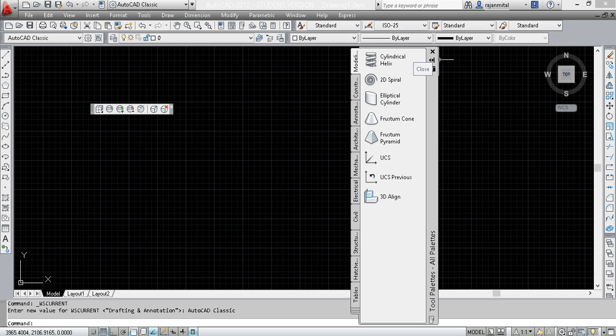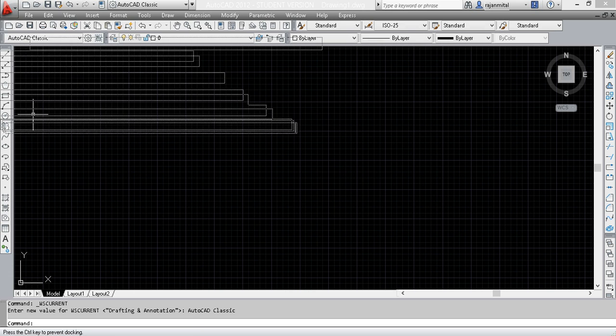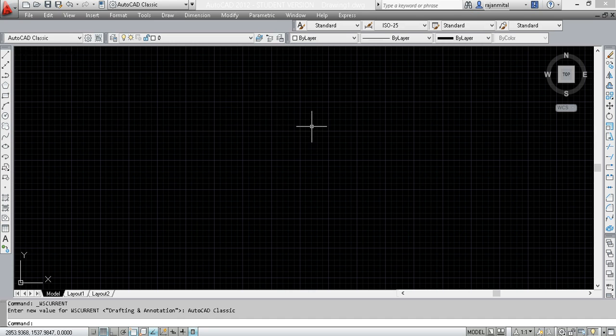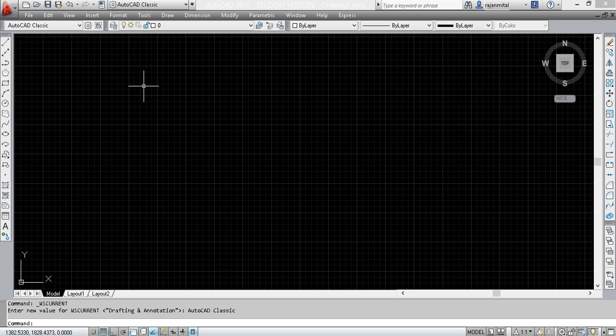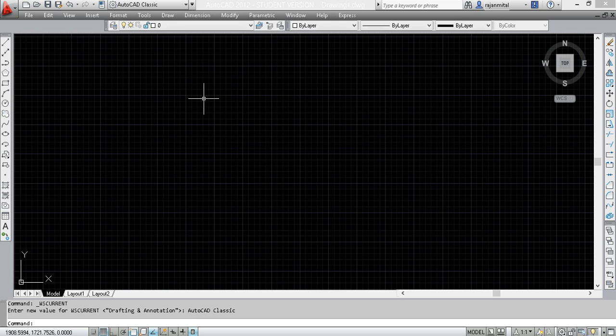Once you have changed to AutoCAD Classic, the whole look and feel of AutoCAD changes. Here you might not use this, so we just switch it off. We will not be using this, we'll switch it off. If you see, we have a few very limited toolbars available to us, some of which we will not be needing. For example, this toolbar is not required at the moment in the initial stages. Another toolbar we will not be requiring. It is better to switch off these toolbars which are not required so that it increases